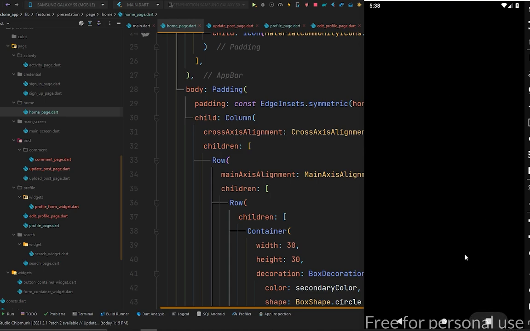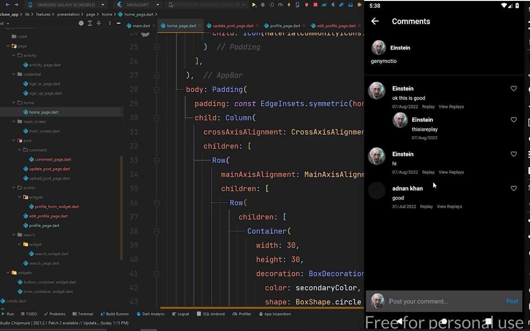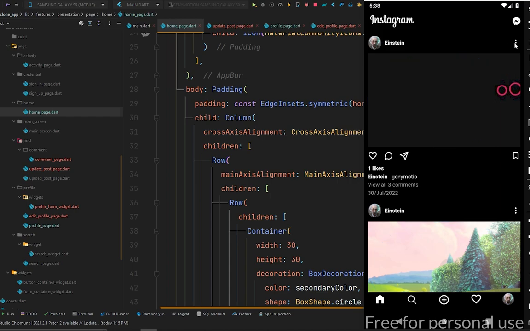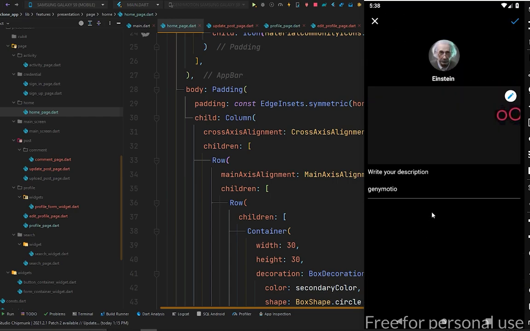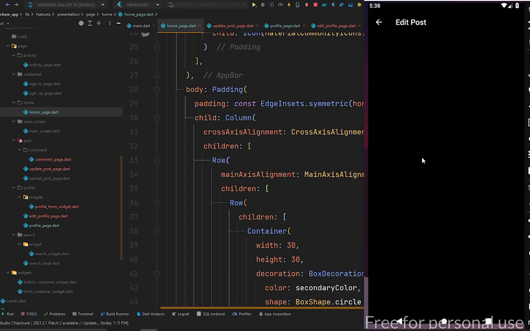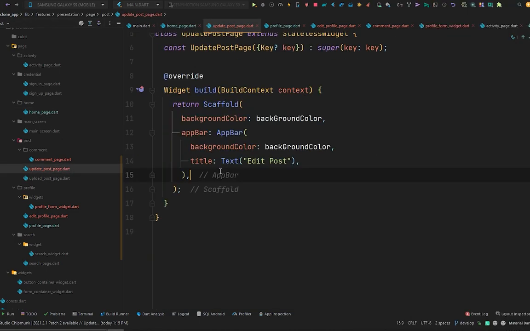Go to the Instagram application and go back, click this, go to the update post page. It looks like close and a done icon, user profile, his name, where the post will come, and an icon to edit and some text to edit the description. So let's go to our Instagram app, and in the update post page